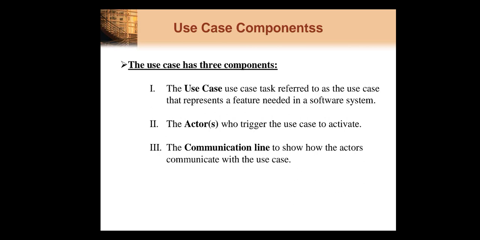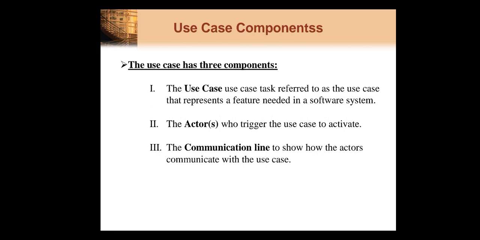Who is triggering that function, who is activating that use case? That may be the person, that may be the hardware, that may be the external system. So an actor can be anything. Now when we discuss the actor, this will be clear to you. So who is the actor? Who triggers the use case to activate, who calls that function, so that the task will be performed by your system? Whoever triggers or calls that function is nothing but an actor. So this is the second component of our use case diagram.